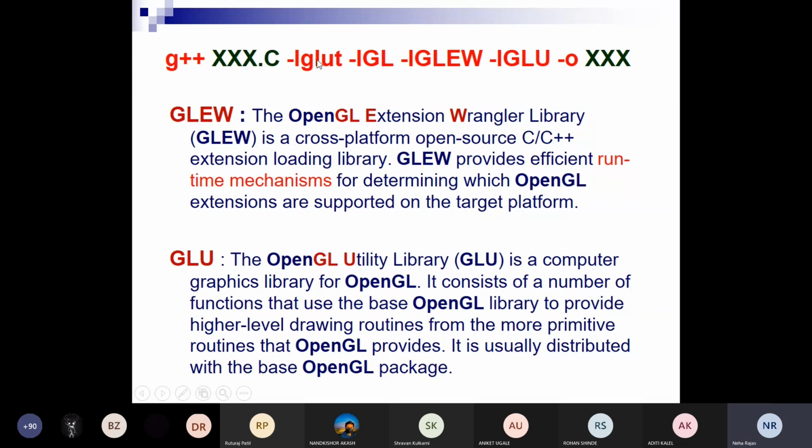All these are different libraries which we are going to use in our programming for rendering purposes, or you can say for giving very good graphics, visualization. So GLEW provides an efficient runtime mechanism for determining which OpenGL extensions are supported on the target platform.